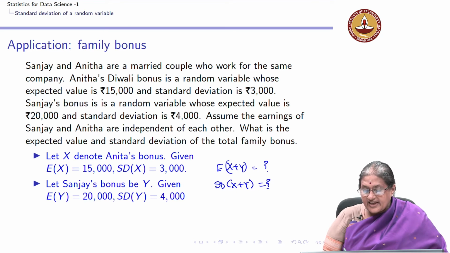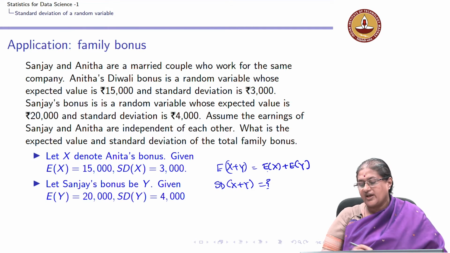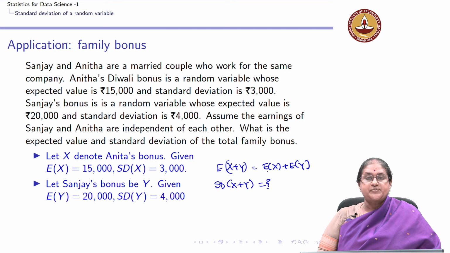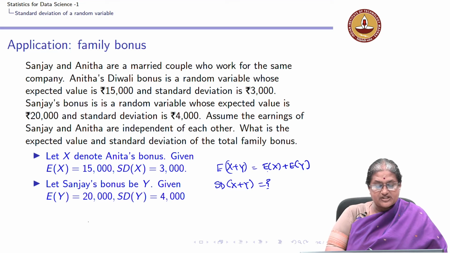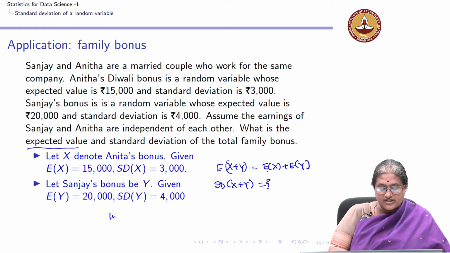X and y are any random variables. We know expectation of x plus y is expectation of x plus expectation of y. Expectation of sum is sum of expectation. Hence, expected value of the total family bonus is going to be 15,000 plus 20,000, which gives me rupees